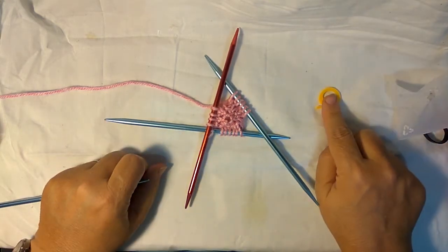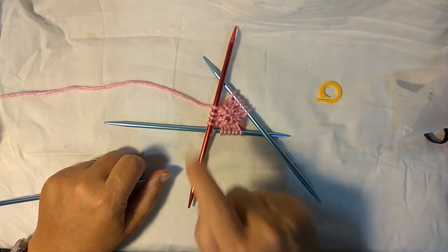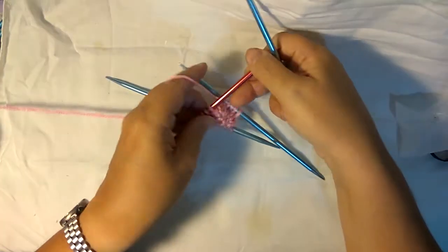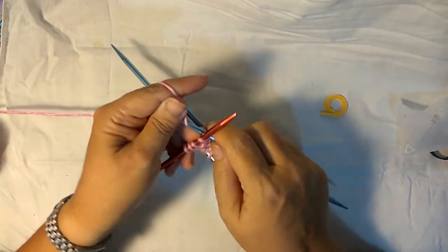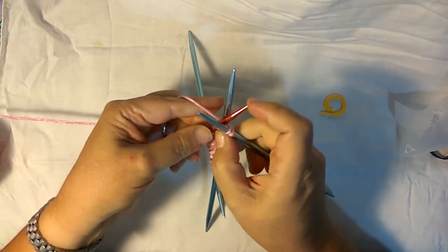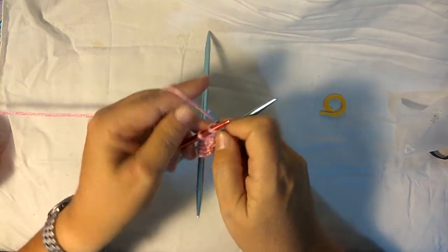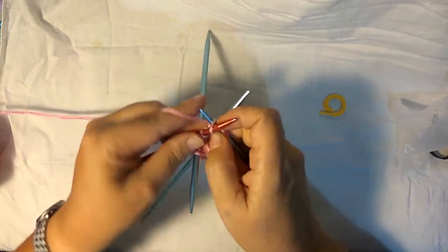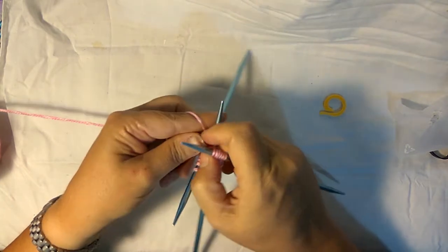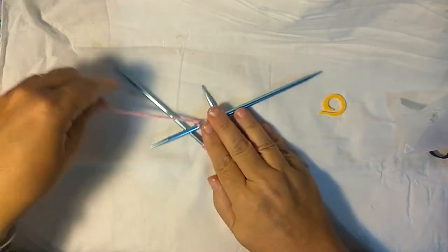The reason we don't need the stitch marker when we're doing an increase is that we can always count the stitches to know whether we're on the last needle or if we've completed the round. So, go here, from the bottom, from the top, off, that's an increase, just a plain knit, and an increase again from the bottom, from the top, and a knit. Okay, now we've completed all